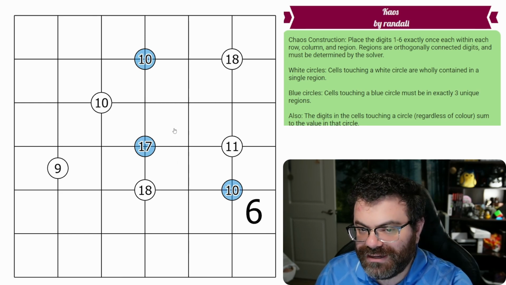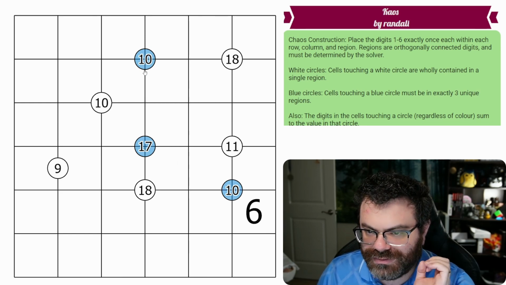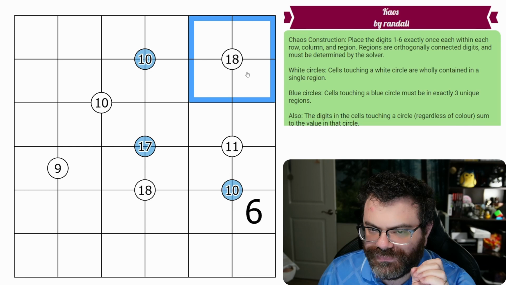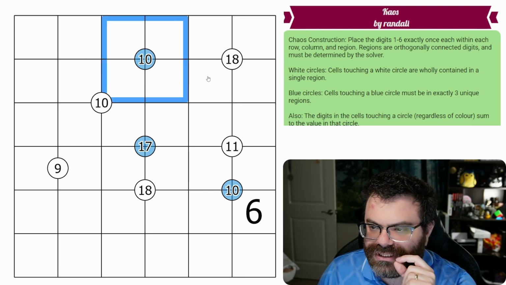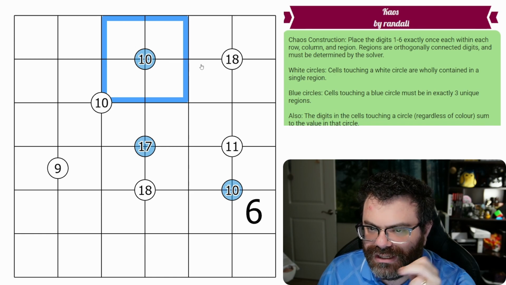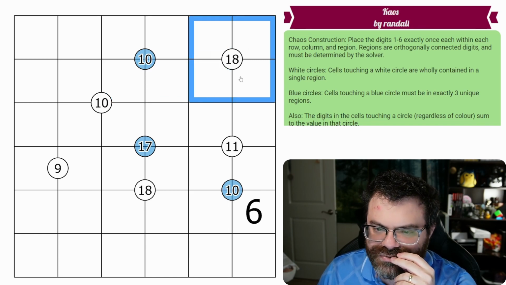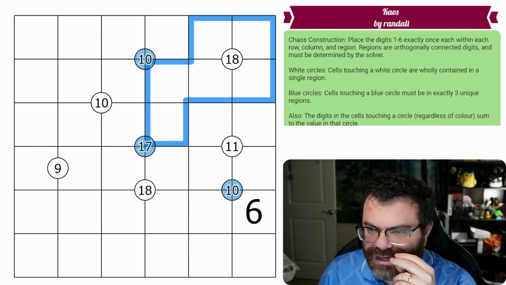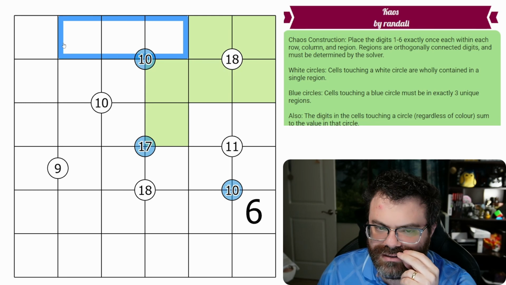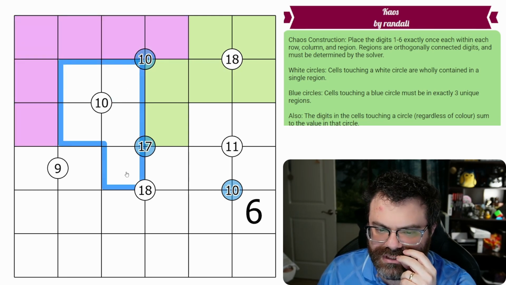So how are we going to do that? Well, we have white circles and blue circles. In white circles, all of the cells are within the same region as each other. And blue circles have to be in exactly 3 unique regions. So I could draw a region like this, for example. I'm going to be coloring the regions different colors to designate that. And I could draw a region like this, and I could draw a region like